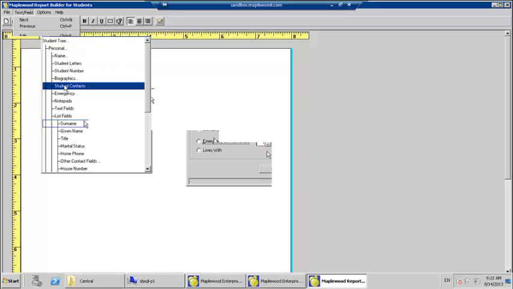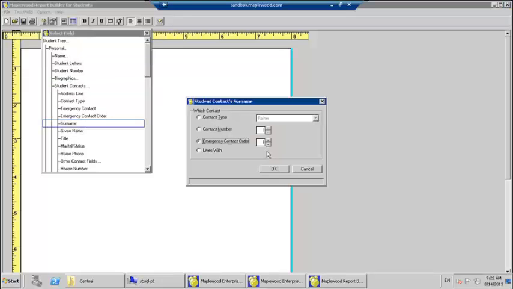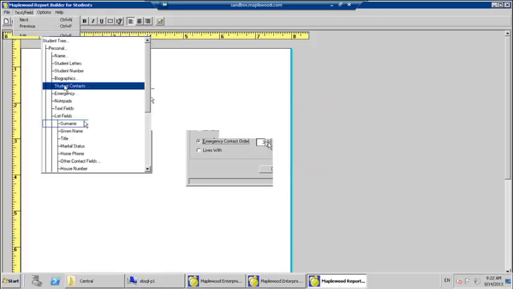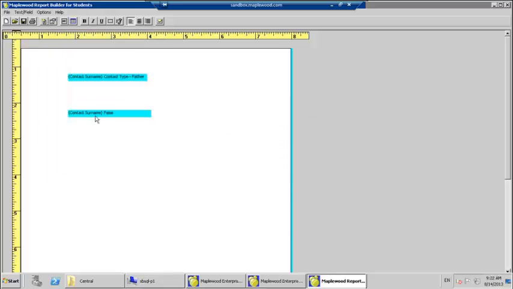So not the contact type, not the tab, but I want to pull that order that we looked at before. So I want to pull the contact surname of the first contact, the second, the third, and you choose which one do you want. So you could have a little label here beside this that would say,